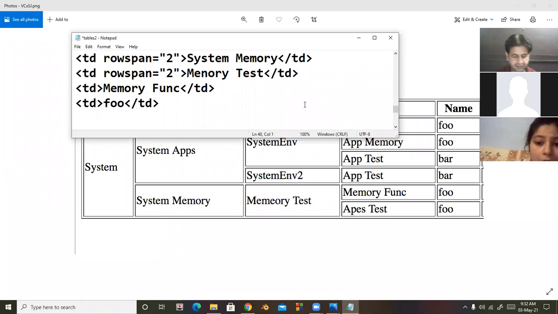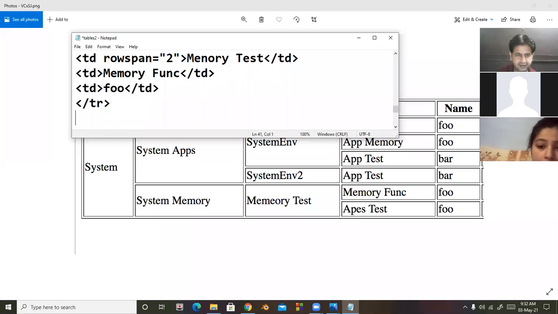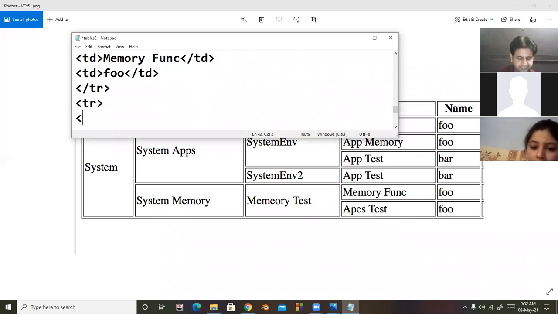Now the next row is closed, next row starts. In the next row we will have to add only apps test, and the last two values are not there because there is merging here. td apps test.